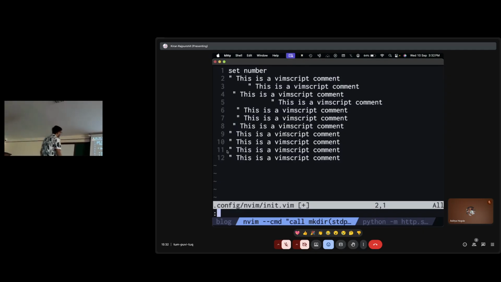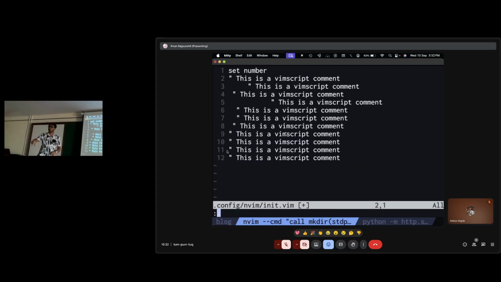Alright, so the premise is that the text is all scrambled around, so it's not very clear how you might use visual block mode to select all instances of Vim script and press D to delete. You can't do that, right? Because visual block mode will only select rectangular selections. There is nothing rectangular about this. Does that make sense? So now I'm showing how you can do this using something called substitutions.